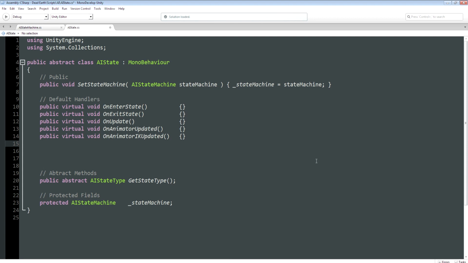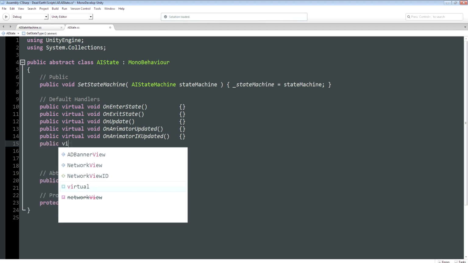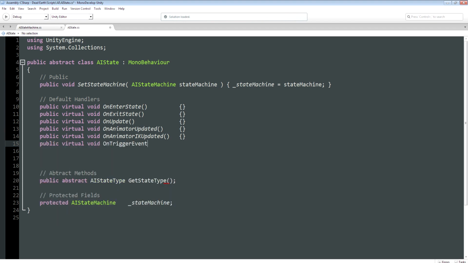And for the same reasons previously discussed, I also don't implement onTriggerStay, onTriggerEnter, and onTriggerExit methods in my states either. I use a similar method. I create my own custom function that the animation state machine can call and pass that information down to the currently active state. So this particular method is going to be called onTriggerEvent. Remember, this isn't anything that's called by Unity. This is going to be sort of my own function. And rather than having enter, stay, and exit versions of this function, I just have one onTriggerEvent function,